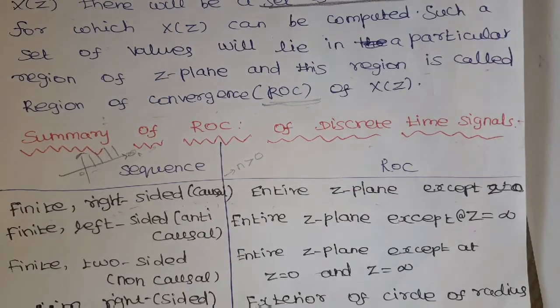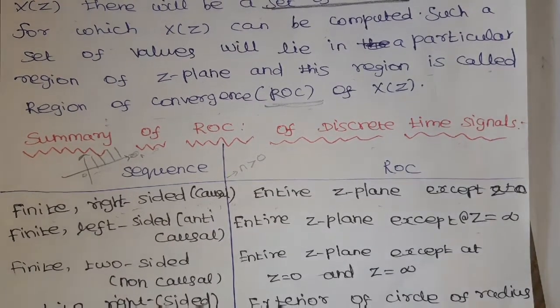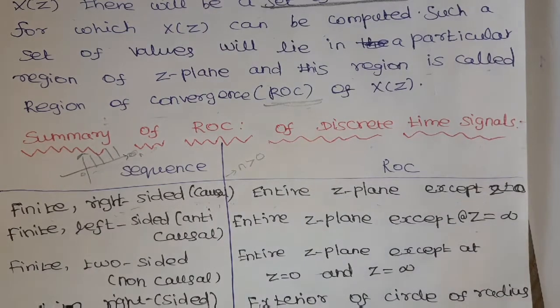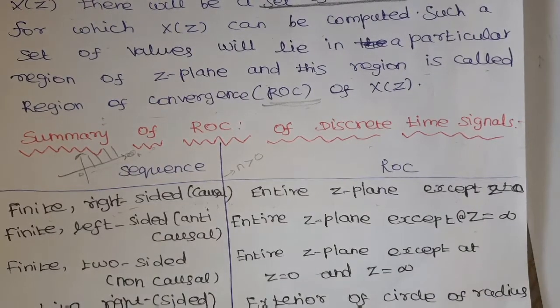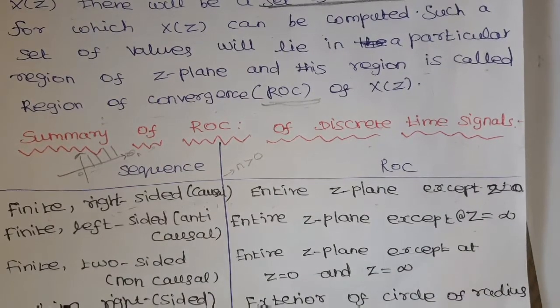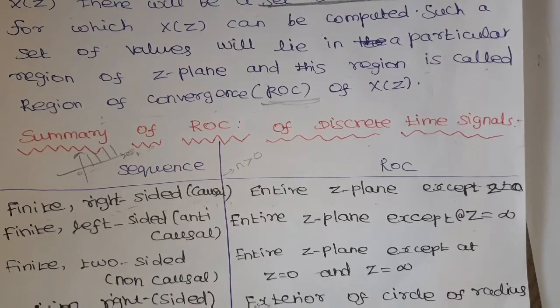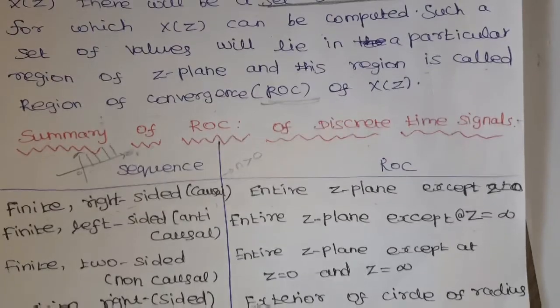Guys, I am just explaining this from a competitive exam point of view. You will study it in depth in the standard books. We will solve problems in the upcoming videos, and only then will we have some clarity about what the Z transform is and how to find the ROC.